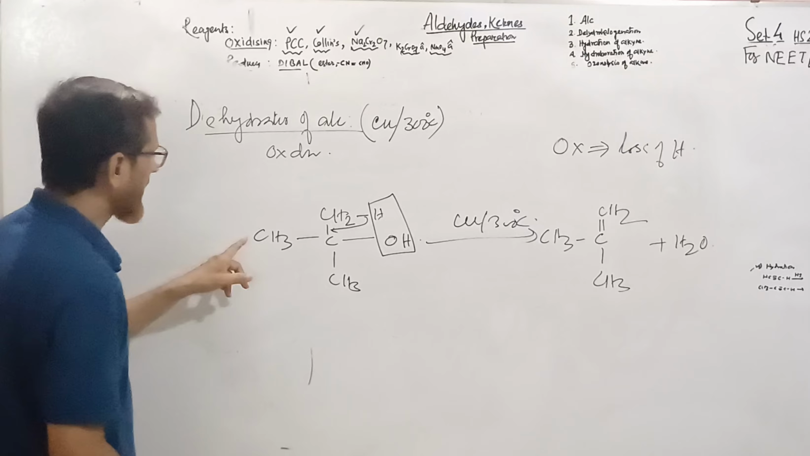Now, DIBAL is a reducing agent. Its function is, earlier we lost electrons, here we will add electrons, add hydrogen. So for aldehyde, we take an example of an ester, say RC